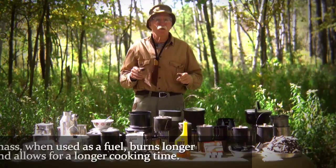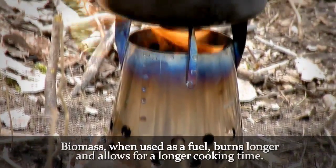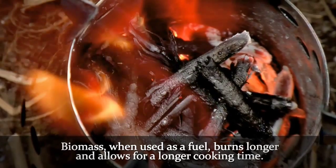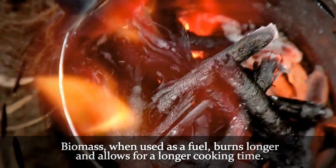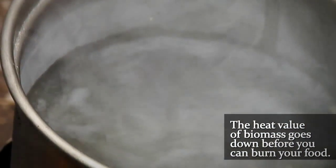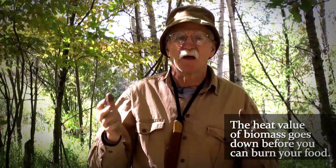But the nice thing with the biomass, say in a tin can bush cooker or a bush buddy type stove, I can bring my pot to a boil. And now without adding any more fuel, I'll still have a 7 to 10 minute simmer time, longer cooking time than I would have with the other fuels. Once the water has evaporated and the food has absorbed the moisture, the heat source has gone down so far,